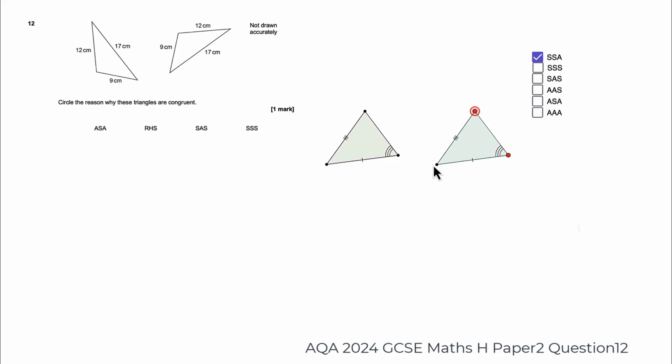Yes, there it is. Let's check. That fits exactly on top of the other one, so it's congruent. However, there is another triangle I can build with this. Now this is the same side length, and if I stop that side there, bring this down so it's a lot shorter, this triangle has the same 2 lengths. This angle here is the same as this one, but obviously that triangle is not the same as the previous